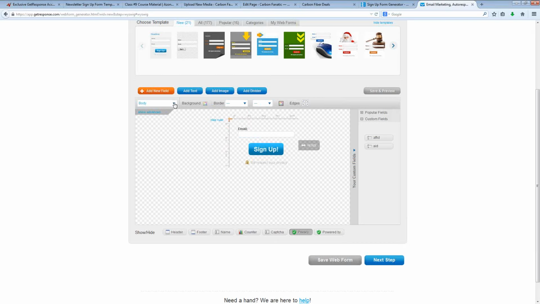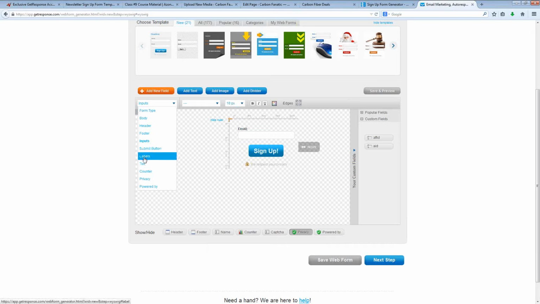Now I want to go back to this drop-down box and go to the second one. This one is going to be inputs. Select inputs here, and in this second text box over, click on 18 pixels. Now once again, go back to this drop-down box and click on labels. And finally change this to 14 pixels. So once all this is done, you should have a form that looks just like the one you see here. So I'm going to save this,